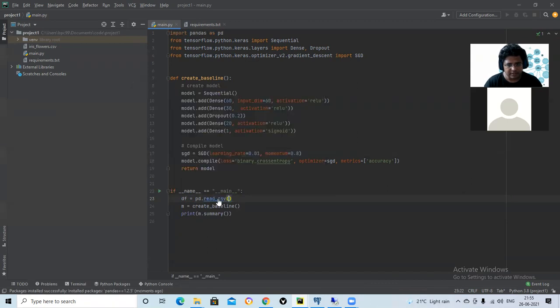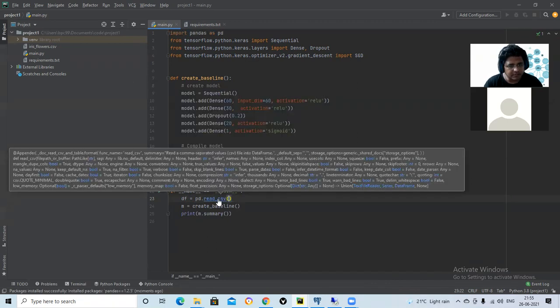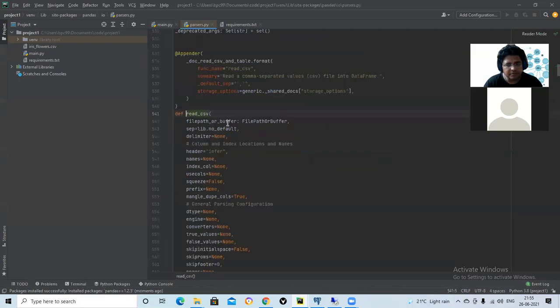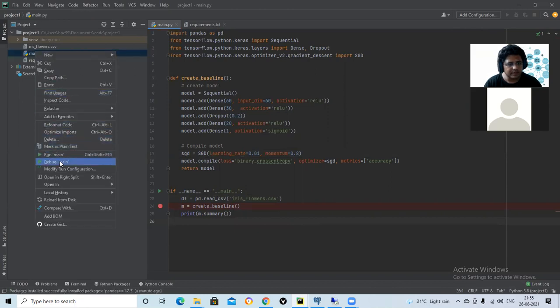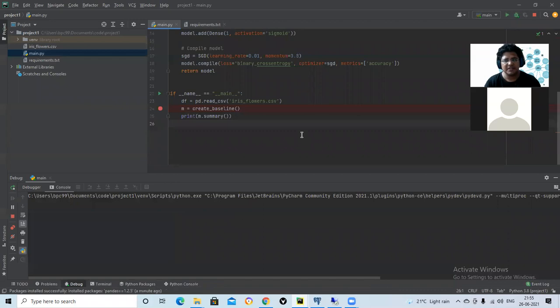I can give the file path here, iris flower.csv. Then let us check what is there in this CSV. So we'll run it.